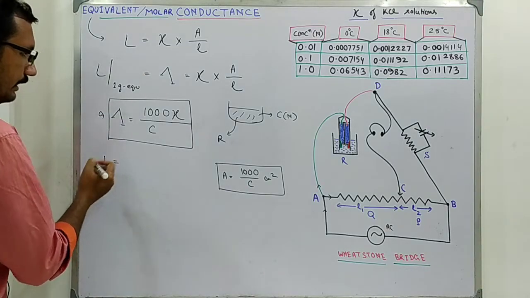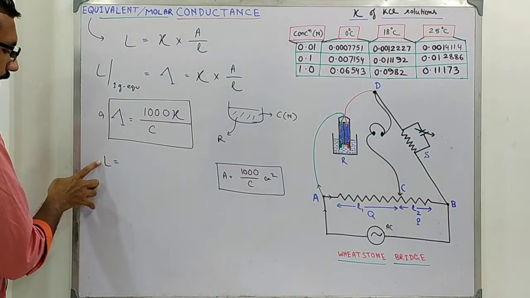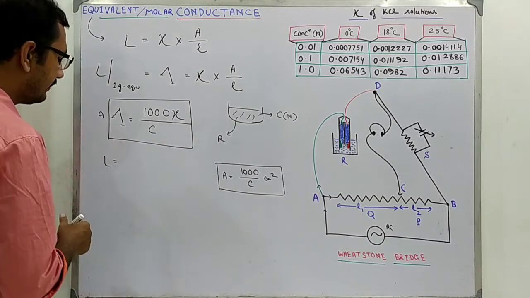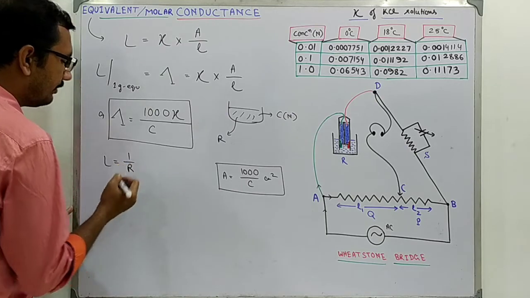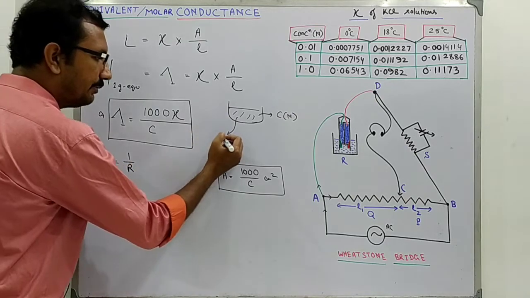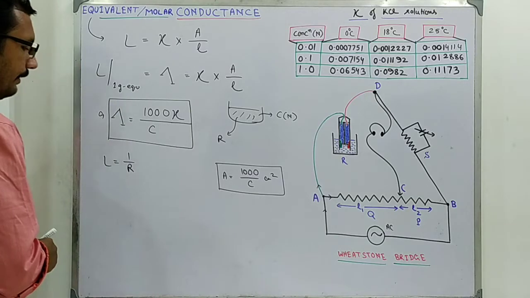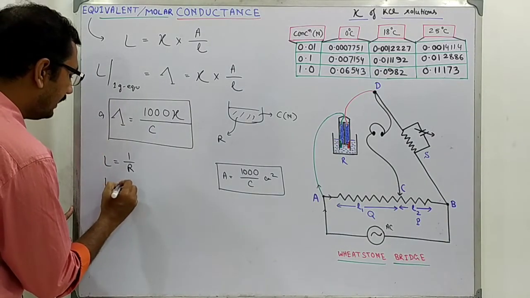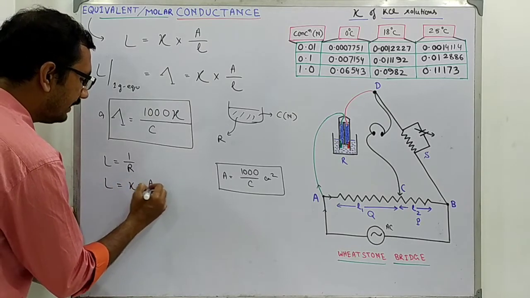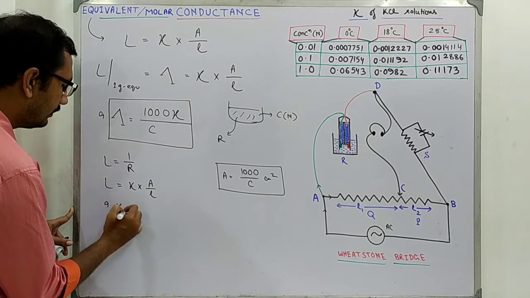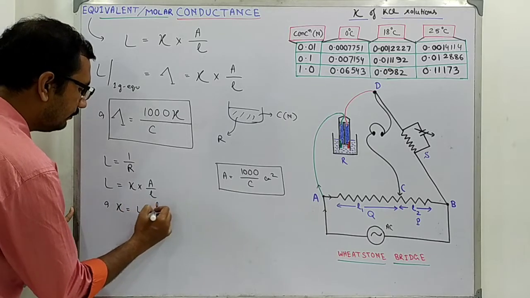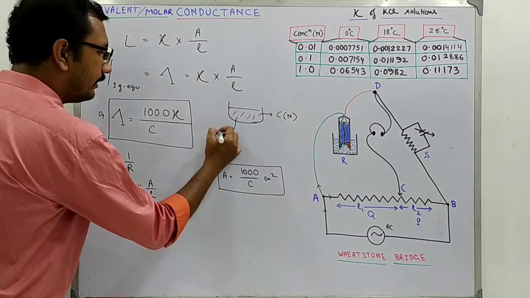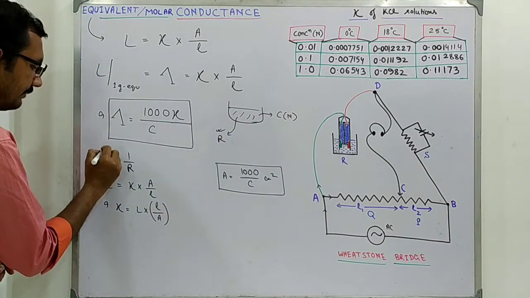Now, what is the value of the conductance? What is the relation between conductance of a solution and this resistance? It is the reciprocal of resistance. So, we have the value of R from the Wheatstone bridge principle, and taking the reciprocal, we will have the value of L. Now, L equals kappa into A by l, or kappa equals L into l by A. So, from R you will have the value of L,